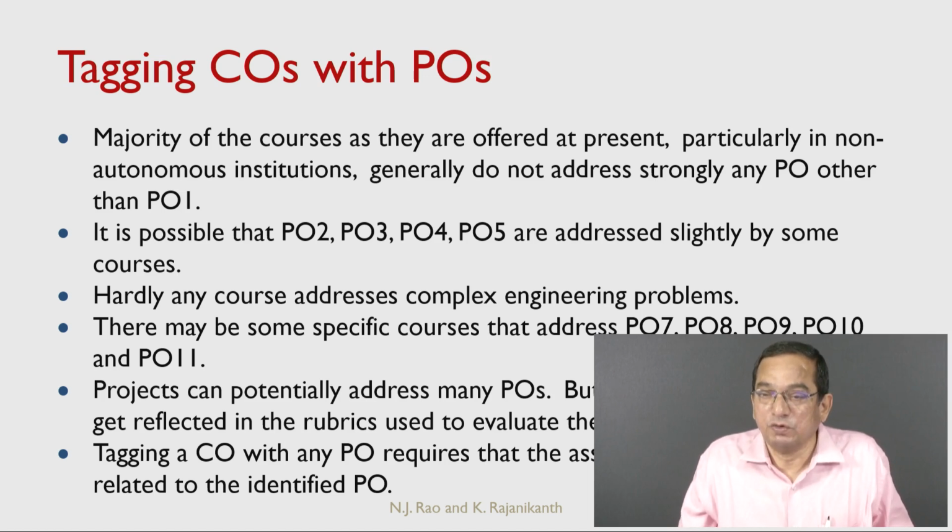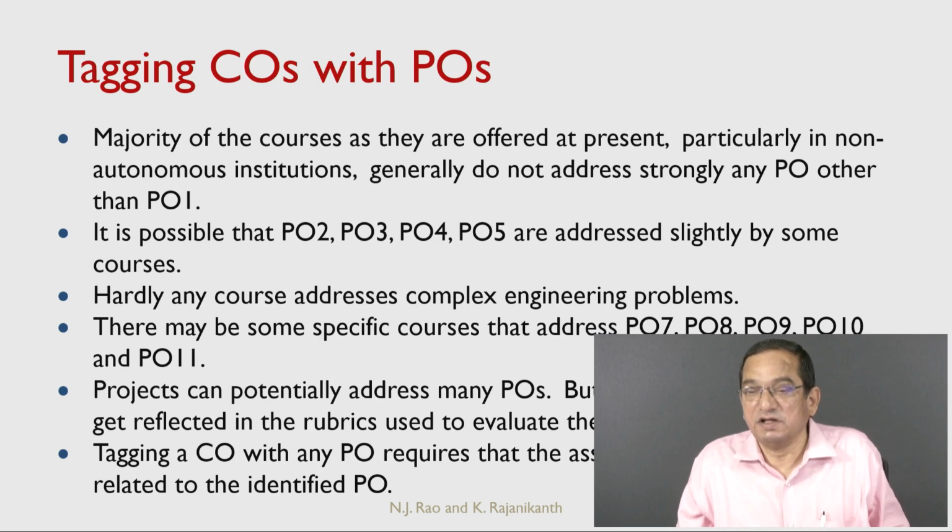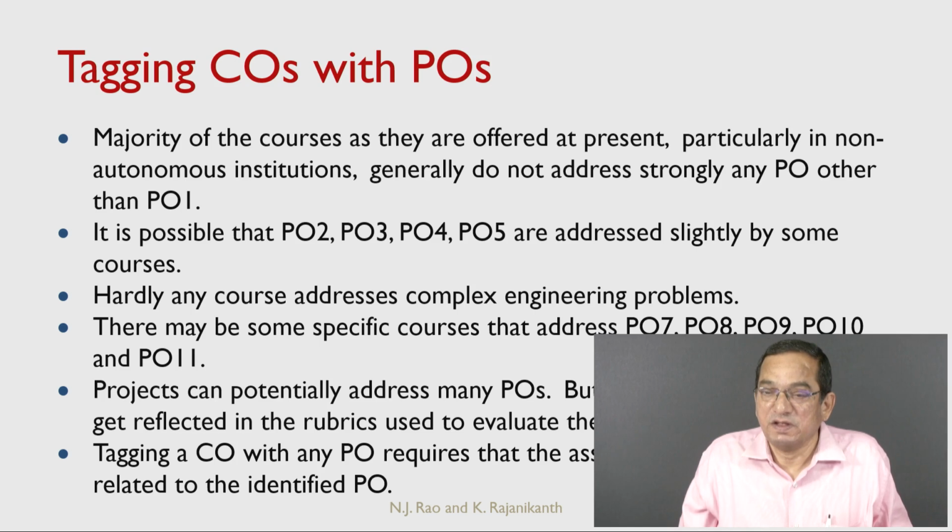Thus, we need to know what are the POs and PSOs which get attained when a particular CO is attained. In other words, what is the relation between the CO and the POs and PSOs? If a particular CO is attained by the student, what does it mean in terms of the attainment of the PO and PSO? Which POs and PSOs get attained because of the attainment of this particular CO? So we need to map the COs to the relevant POs and PSOs.